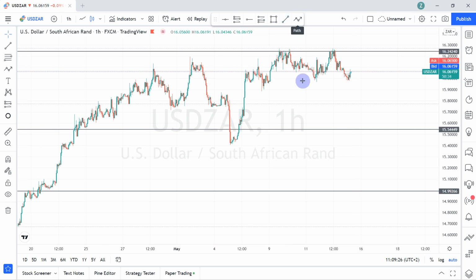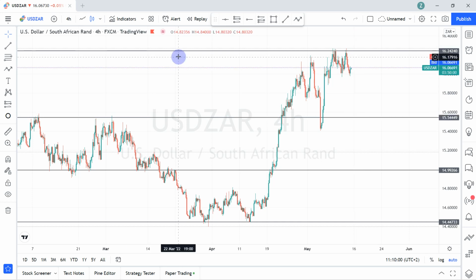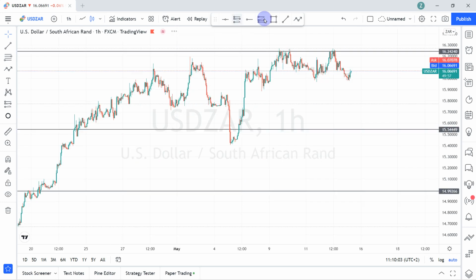Okay, let me go back to the 4-hour time frame. There's something that I want to show you. On the 4-hour time frame, as you can see, this is a double top, right? This is a double top on my highest key level, meaning that this is a reversal signal. This is a reversal type pattern, and this signals that the market has a possibility of selling to the downside. So if I move back to the hourly time frame, you're going to see